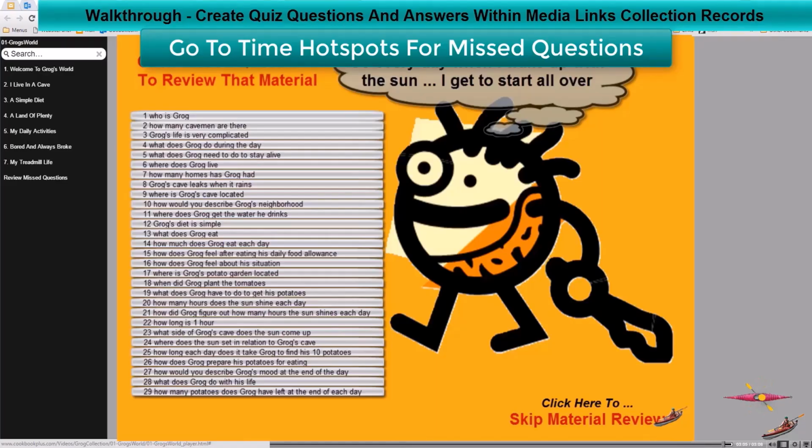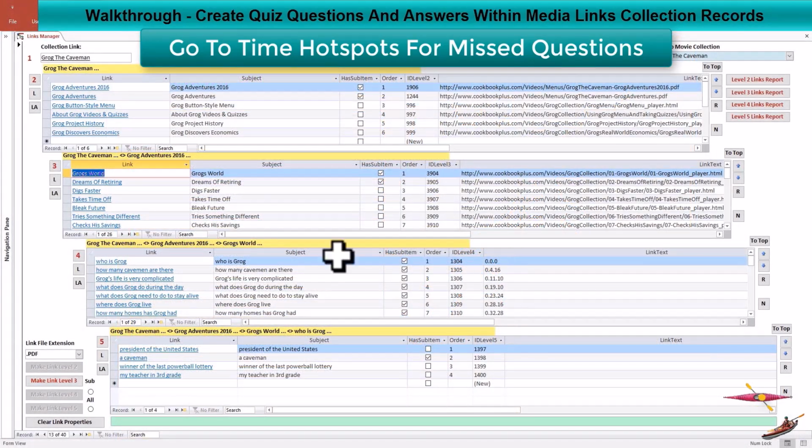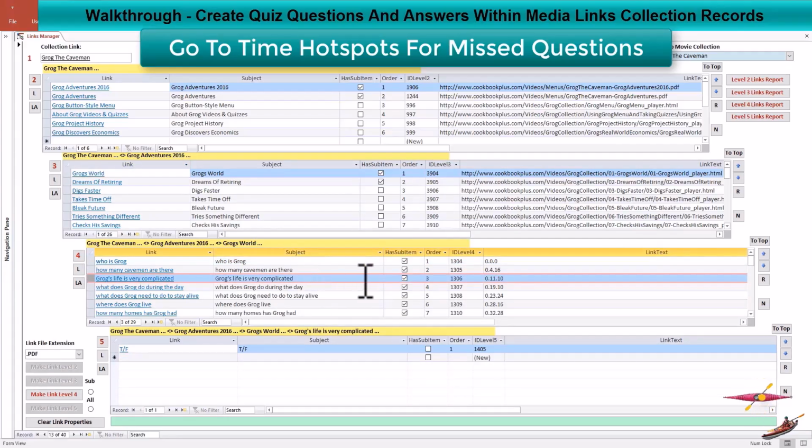You can record all the appropriate time points and put them next to the appropriate question at level 4 in the link text field. That's been done in this case for the first video. The schema used for doing that is minutes, seconds, frames separated by a period. So for this third question here, the point in the video that the material begins is at 0 minutes, 13